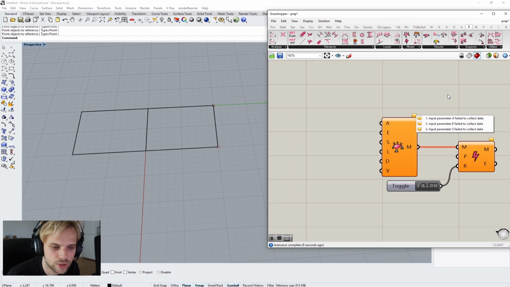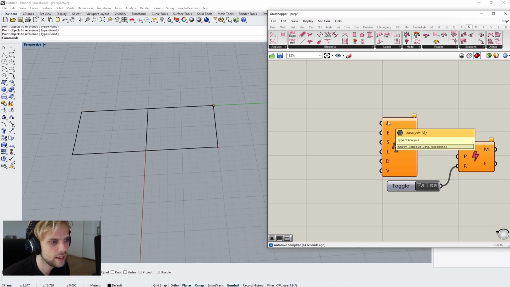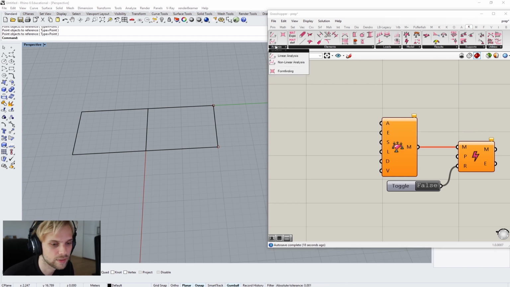This component, to work, needs 3 inputs, right? A, E, and S. A is the type of analysis. You can find it under analysis. These are 3 types of analysis that you can do: form finding, linear analysis, nonlinear analysis. I won't go too deep into them, but for our